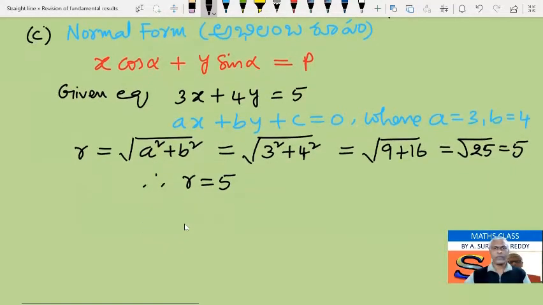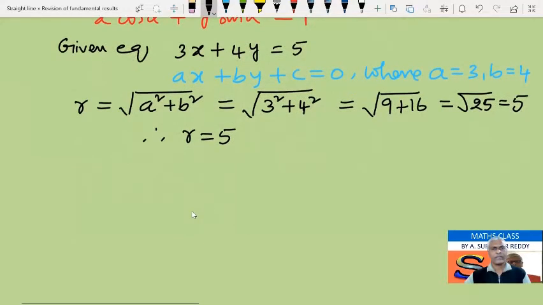So we have to divide all the xy terms with under root a square plus b square, and the right side should be a positive value. So let us name it as equation 1. Now dividing.